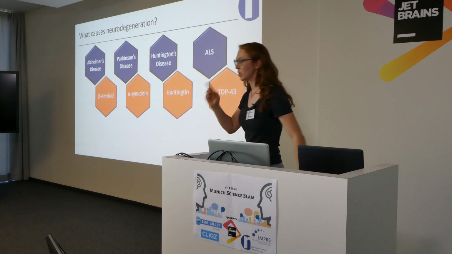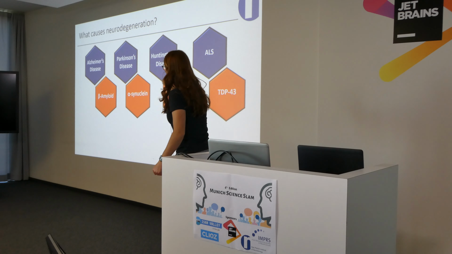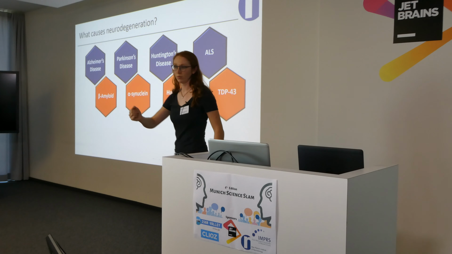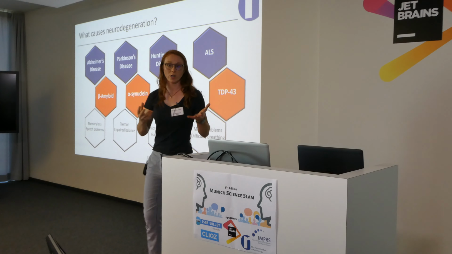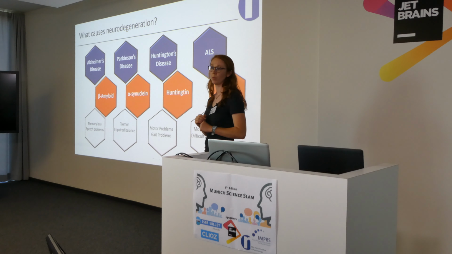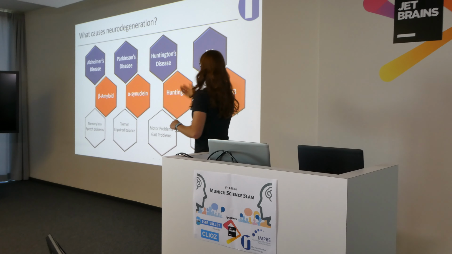But these diseases have something in common, and that is that each one has an aggregating protein involved. This protein, it aggregates, it sticks together, and it does so in a specific population of neurons. And then these neurons die. And the neurons that die link to the symptoms. So for example, in Alzheimer's disease, it's mostly the neurons that are involved in memory that are affected. These neurons then die, and hence why most patients have memory loss, such as my grandpa.